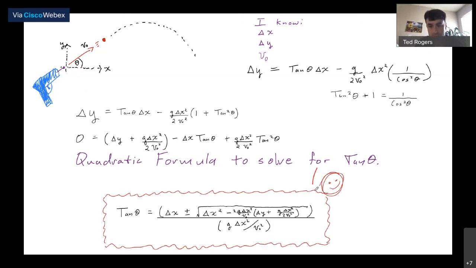And then you always put a nice smiley face when you get what you want, to make yourself feel better for getting the right answer. So I think somebody got basically this result for their answer. Remember, the quadratic formula usually has two solutions. We maybe want to think about what that means. That means that if you fire the projectile out of the lightning ray with a certain initial speed, there are actually two angles that you can use to hit the monster.